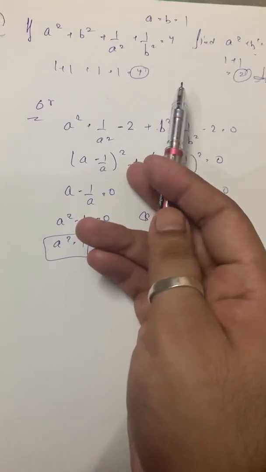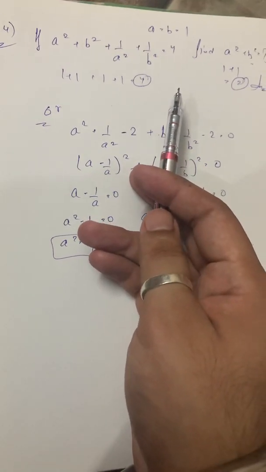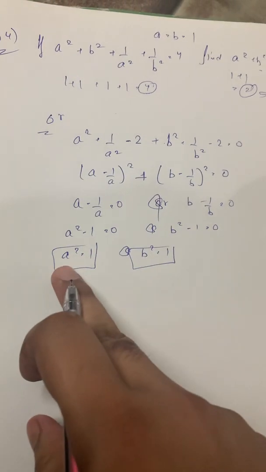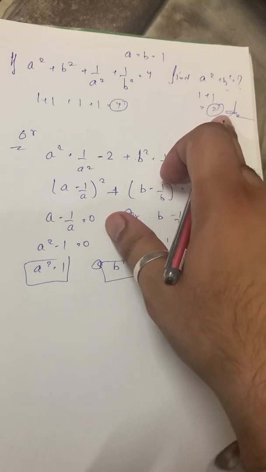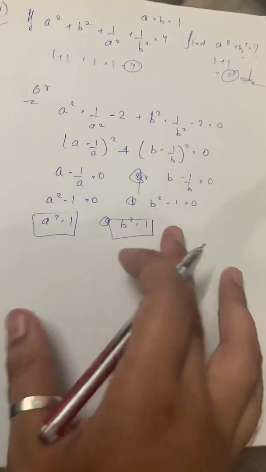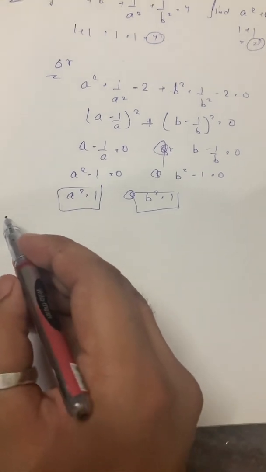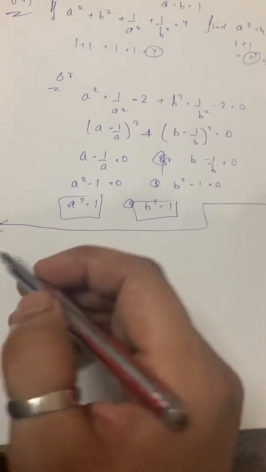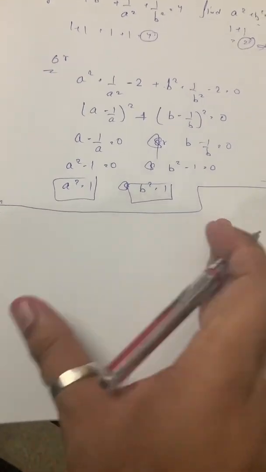But if we use a bit of IQ, directly we can imagine what we should put here to get our answer, right? Directly we can get our answer, because a square is 1, b square is 1. If you put that, the answer should be 2. I have solved it directly without the use of any identities, but it doesn't mean that identities are not important. These are very much important. But if there are some easy questions, we can also skip it.